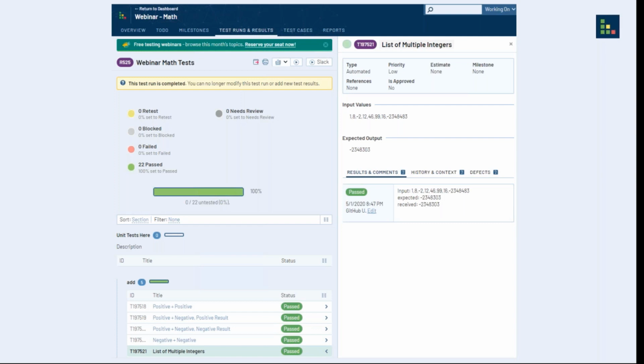So, in your CI/CD process, TestRail fits into the testing section. Once you have your build started and you want to test it, if you have automation scripts running your tests, you would run your automated tests against your build and then submit your results to TestRail